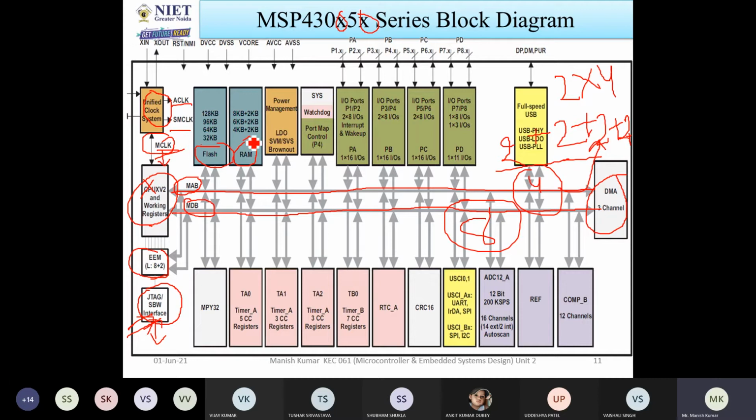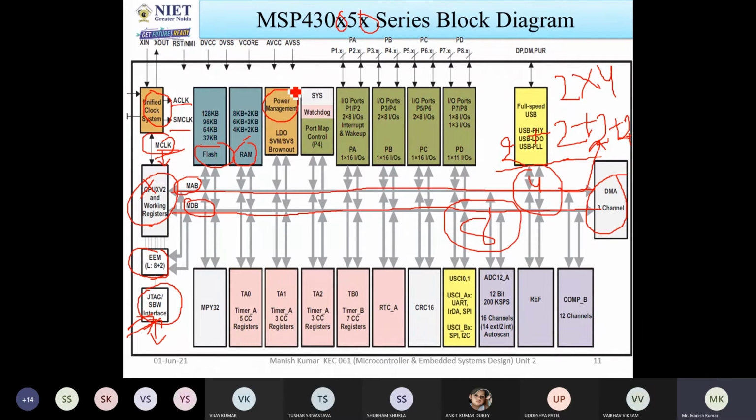Now the next block is the power management module. What will this power management module do? It provides power to all the different sections. Let us consider you supply 5 volt.